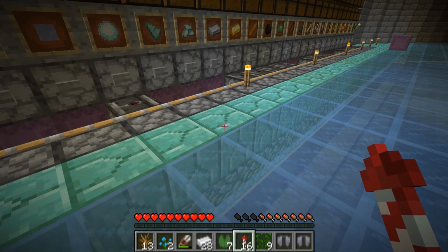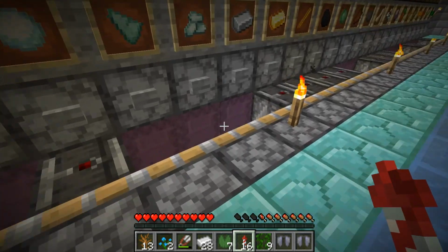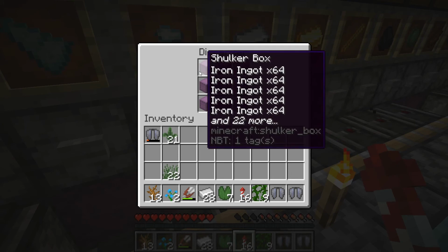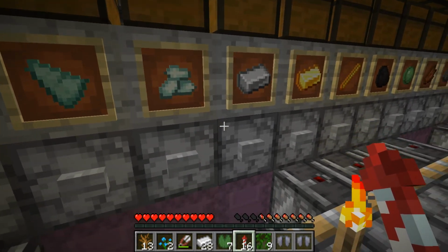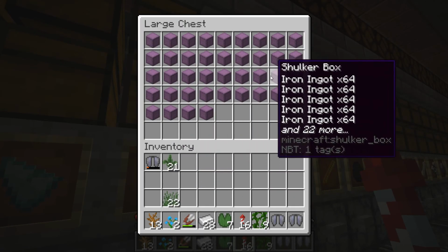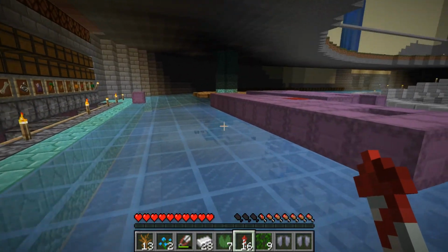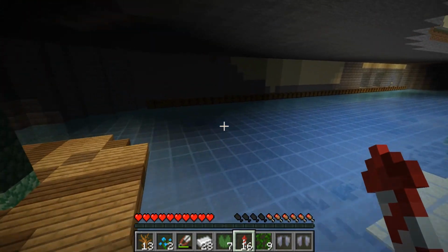I AFK'd at it for just over a day, and this is kind of a gauge of it. I've got the shulker box down here. We've got 9 in there, so that's 10 there. 2 hoppers in the back, so 20. And that looks like 60 shulker boxes worth of iron in one day. Yeah, I don't think it's too shabby, and it's set us up perfectly for what is going to be today's